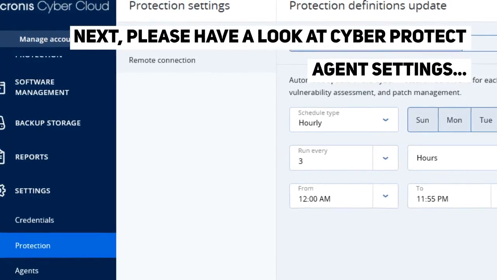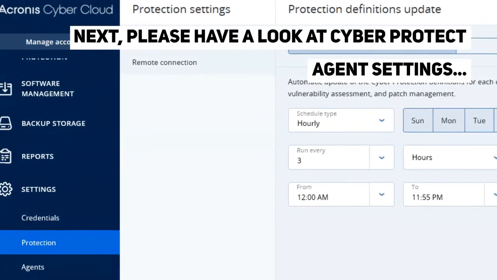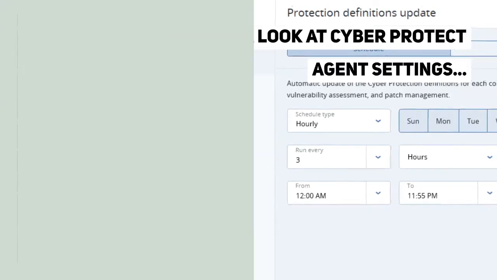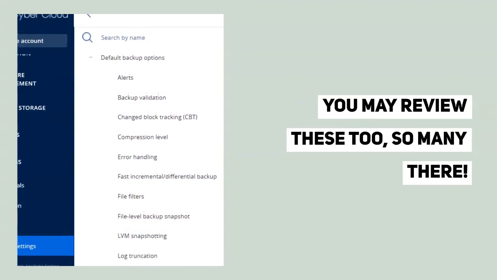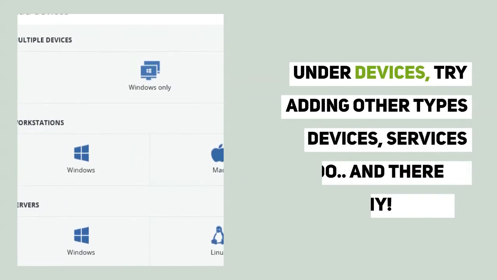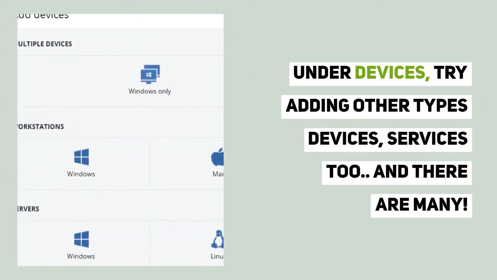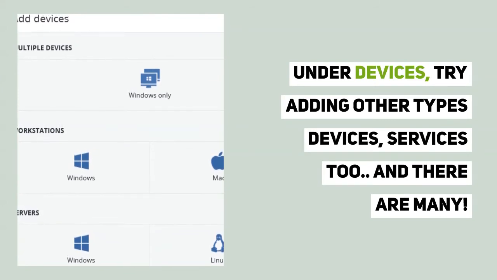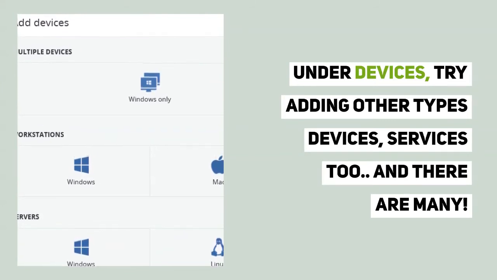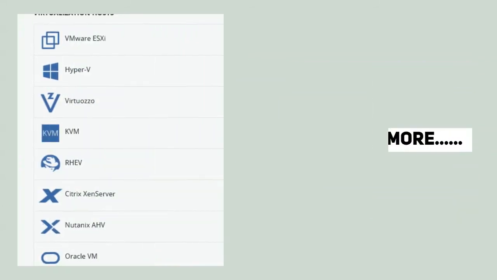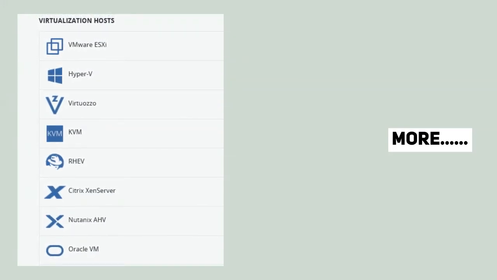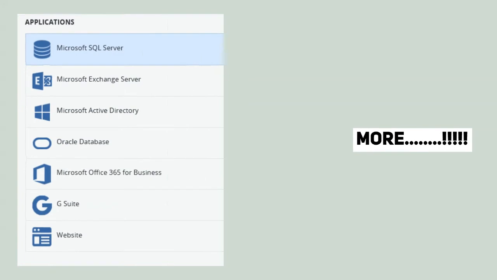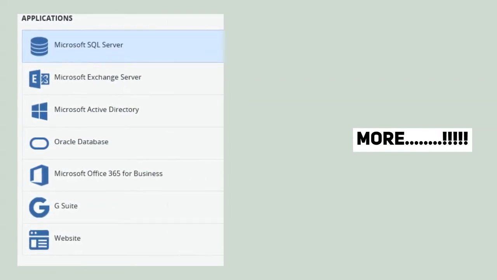Now let's look at the Cyber Protect agent settings. We have some settings like what is the scanning, and based on your requirement we can set up all that. Now there are some other options in settings. It's good to go and have a look at it. Let's go to devices and see there are so many options to add other devices and services also, which we had seen a little earlier too. There are more services, adding hypervisors. If you are adding VMware servers, the host, we need to install it on the VMware host as an agent or as an OVF file.